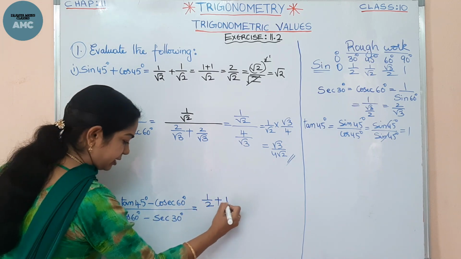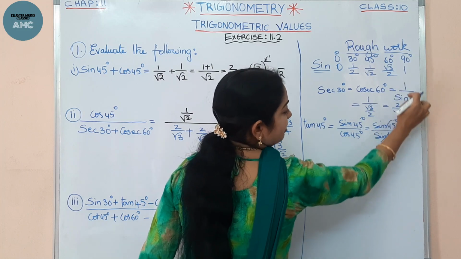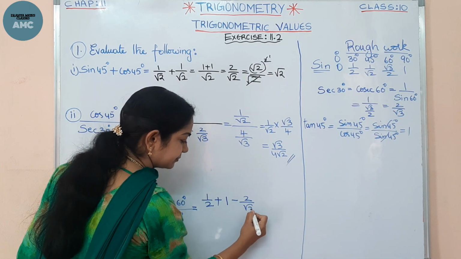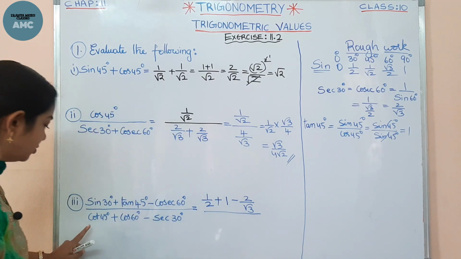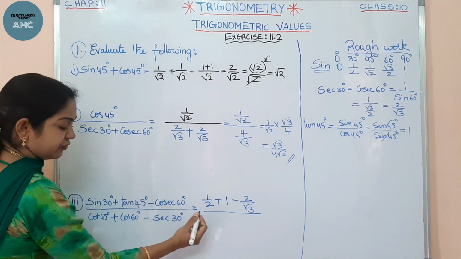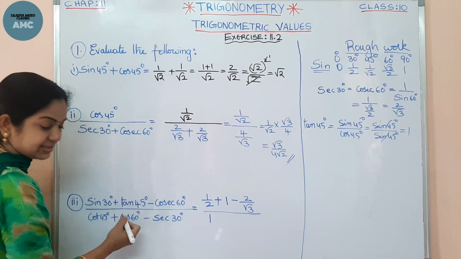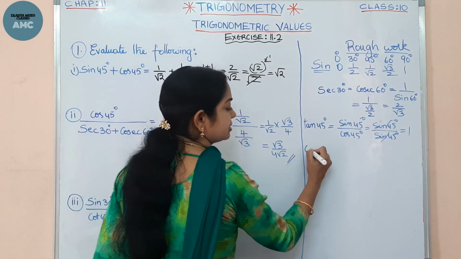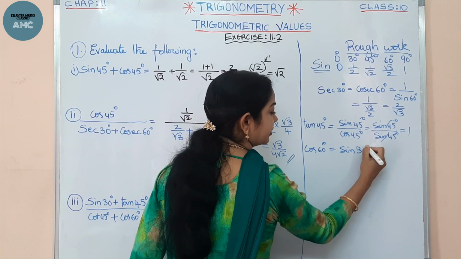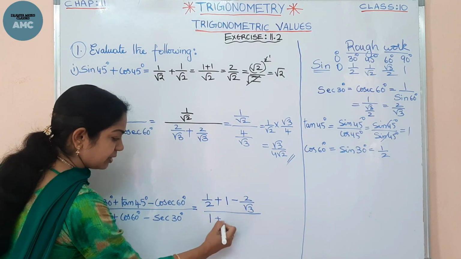Okay. So 1 minus cosecant 60. We got cosecant 60 somewhere here, 1 by sine 60, that is 2 by root 3. So 2 upon root 3, then here cot 45. Cot is complementary to tan, isn't it? So tan 45, cot 45, just 1. 1 upon 1 is 1. Cos 60 degrees is nothing but sine 30 because they are complementary. Now sine 30 value I know, 1 by 2. So 1 by 2.